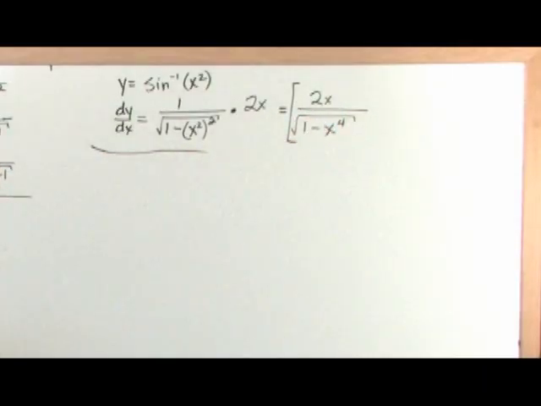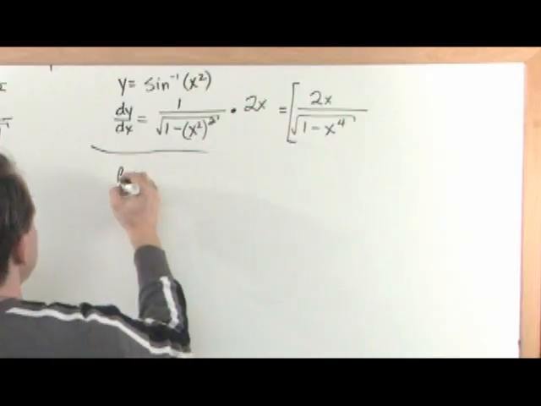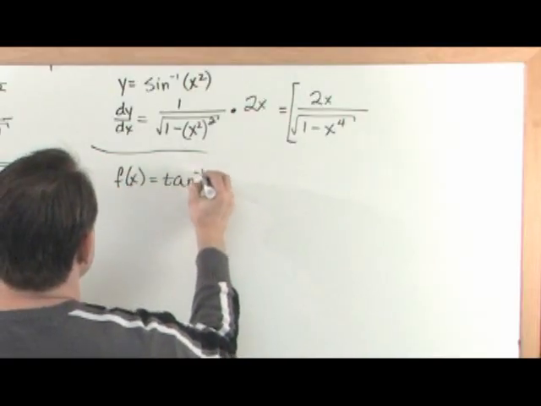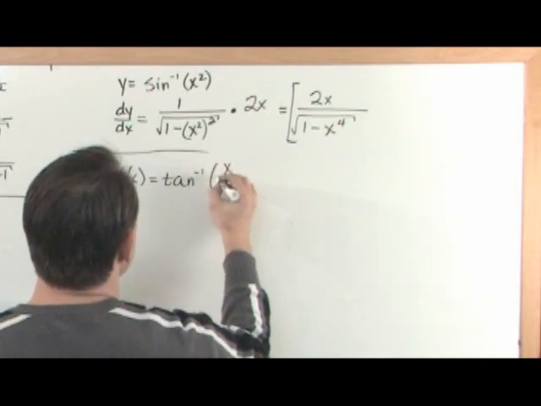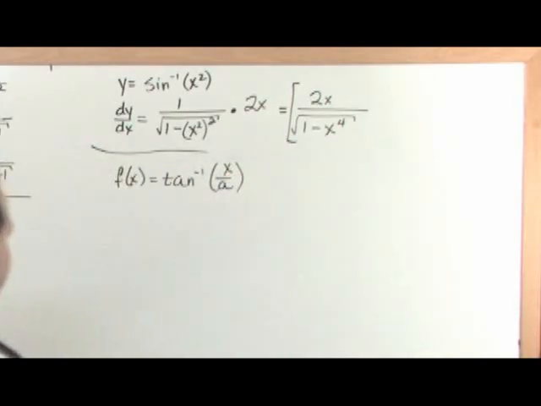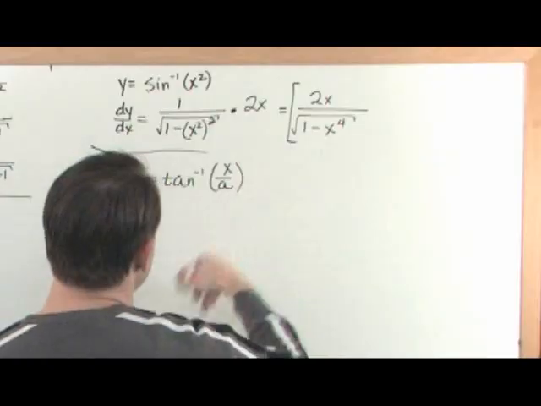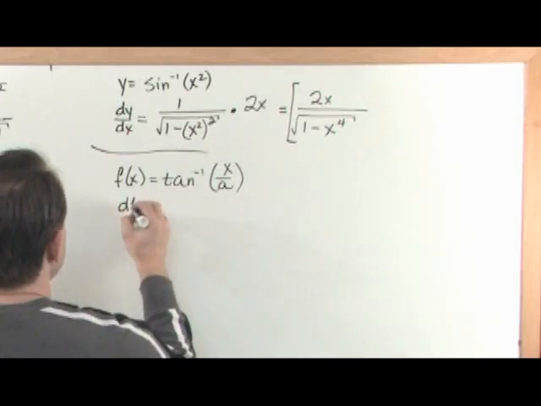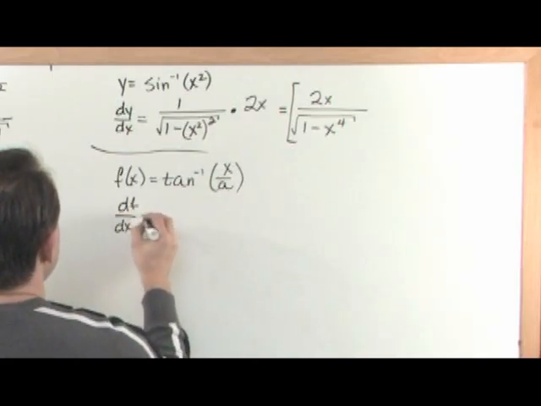Now, what if I had a function f of x is equal to the inverse tangent of x over a? a is just a number. It's a constant. It's just some number. I don't know what it is, but I know that it's a number. And I want to take the derivative of that. I would say df/dx is going to be equal